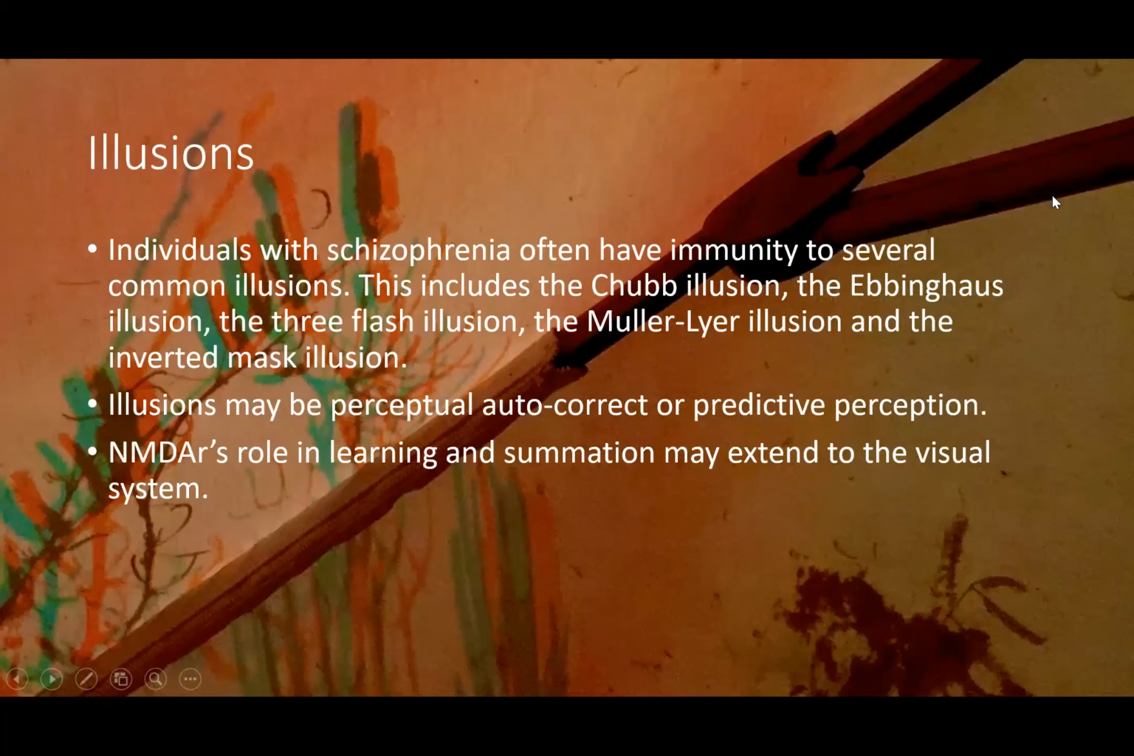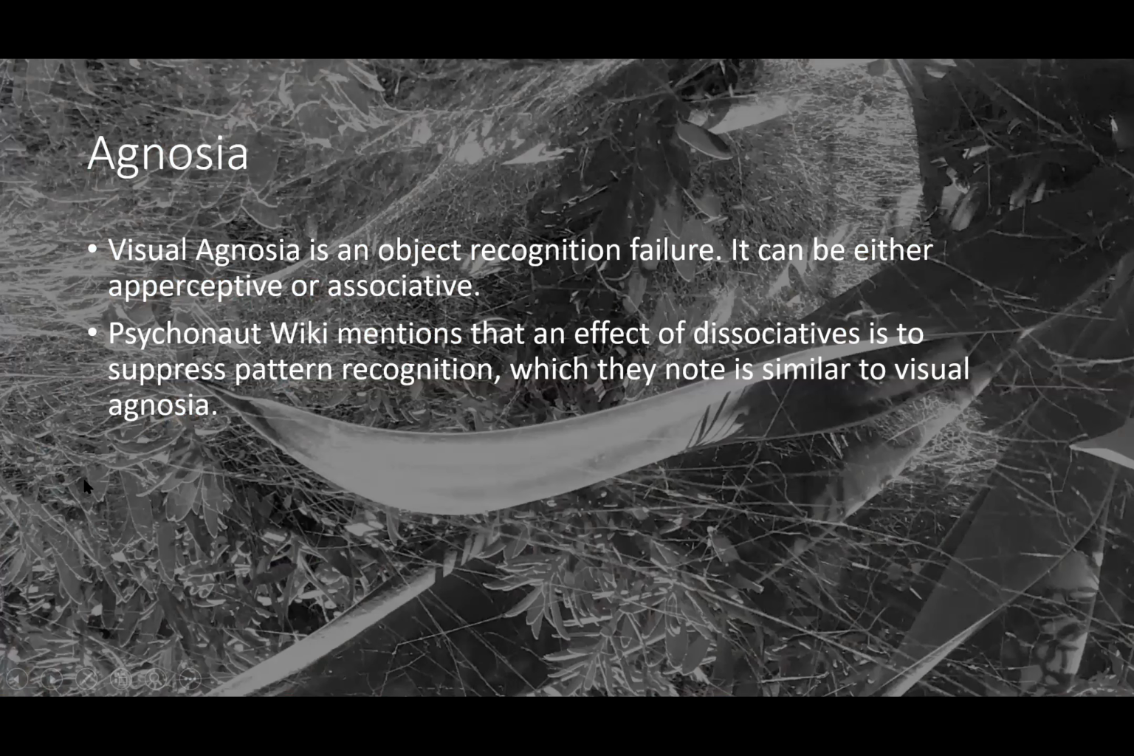Okay, so now we can move on to this, agnosia. And this gets kind of interesting because visual agnosia is a failure of object recognition, and this can be either aperceptive agnosia or associative agnosia. And aperceptive agnosia usually is a more sensory problem, that probably objects do not even look familiar or look, okay,